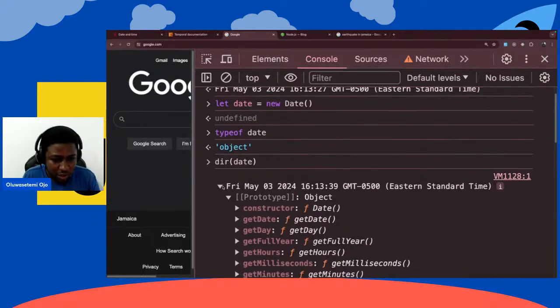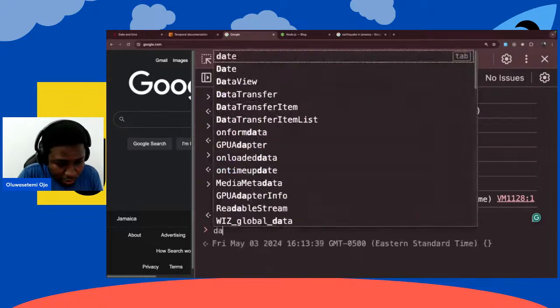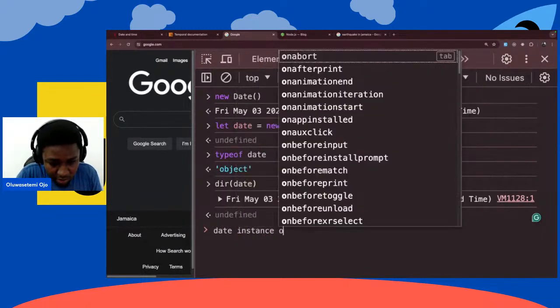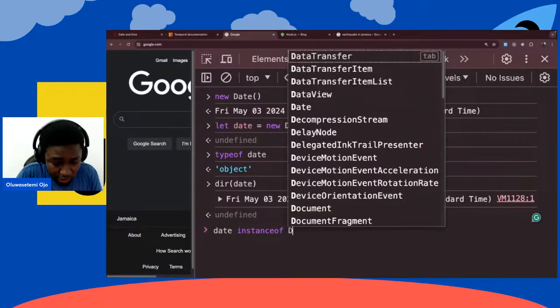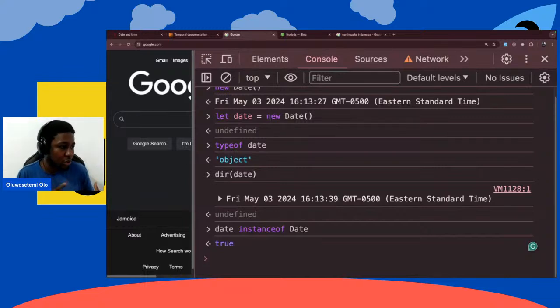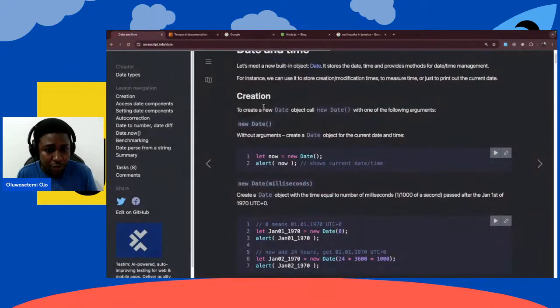I think we can do something like this. We should be able to do date instanceof Date. So I think this is the only way for us to know if something is typically a date inside of your JavaScript. So this way we know that the constructor that produced the date is the Date constructor itself right there. And if you look at javascript.info as well,